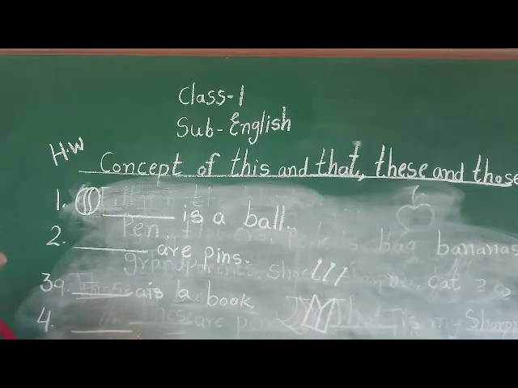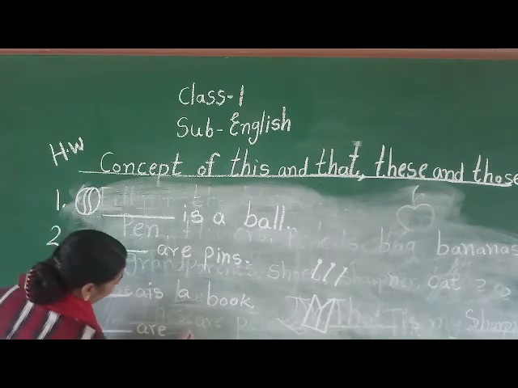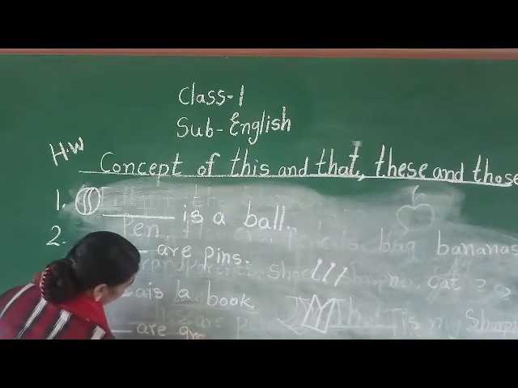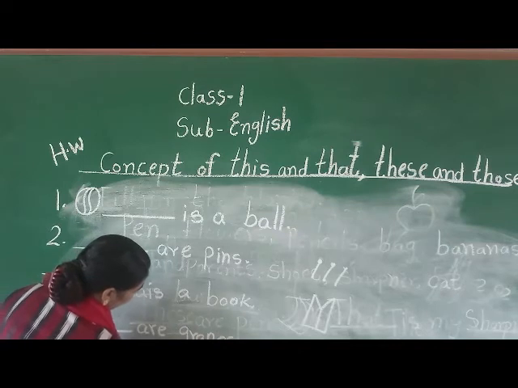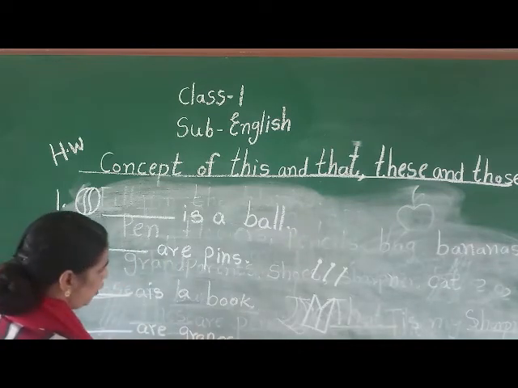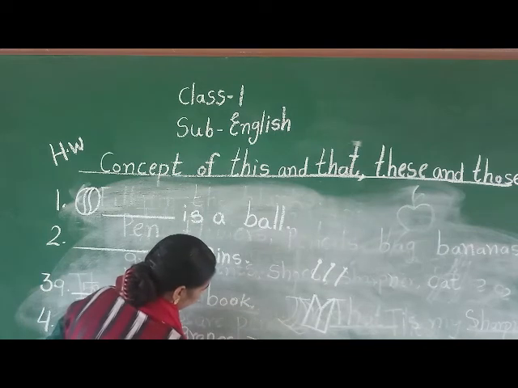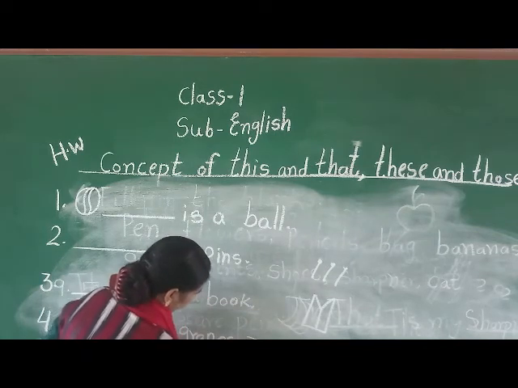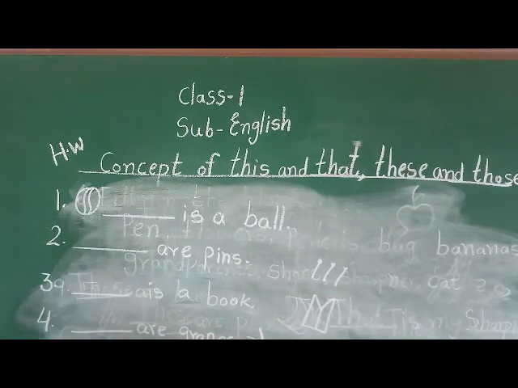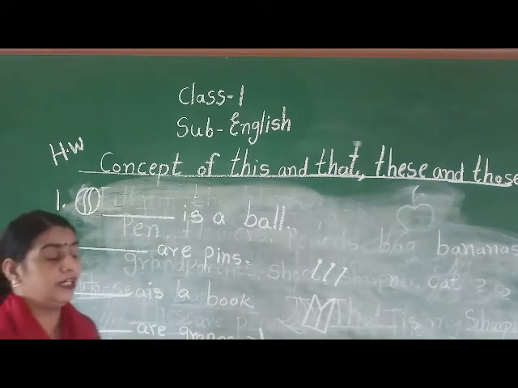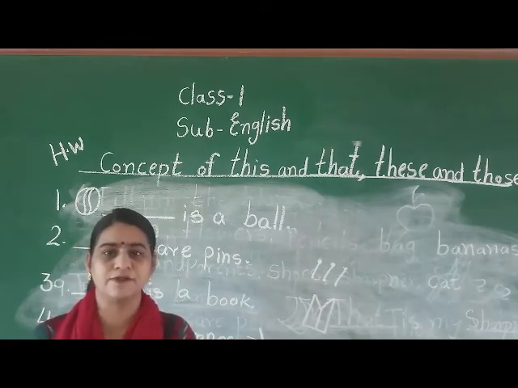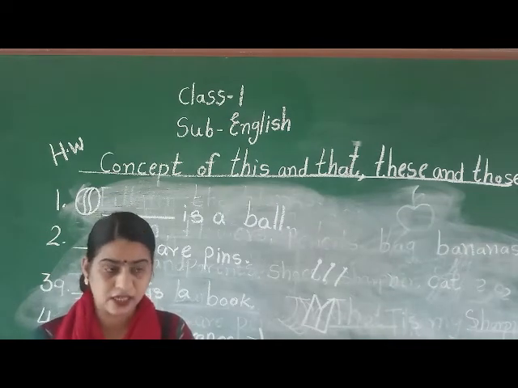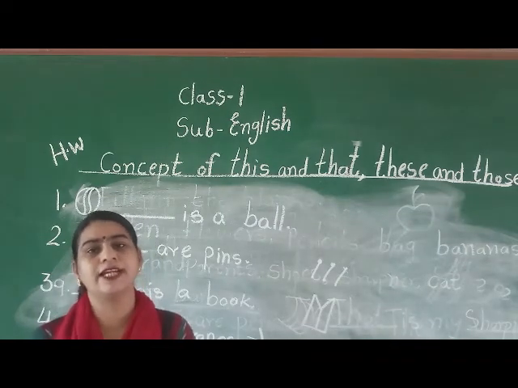Dash are. Now what will we draw the picture of? Grapes, a bunch of grapes. Now I am going to draw it here, nearby itself, nearby the sentence. See, you have to see one thing. If the things are nearby the sentence, if the quantity is 1, then we will write this. If the quantity is more than 1, then we will write these.